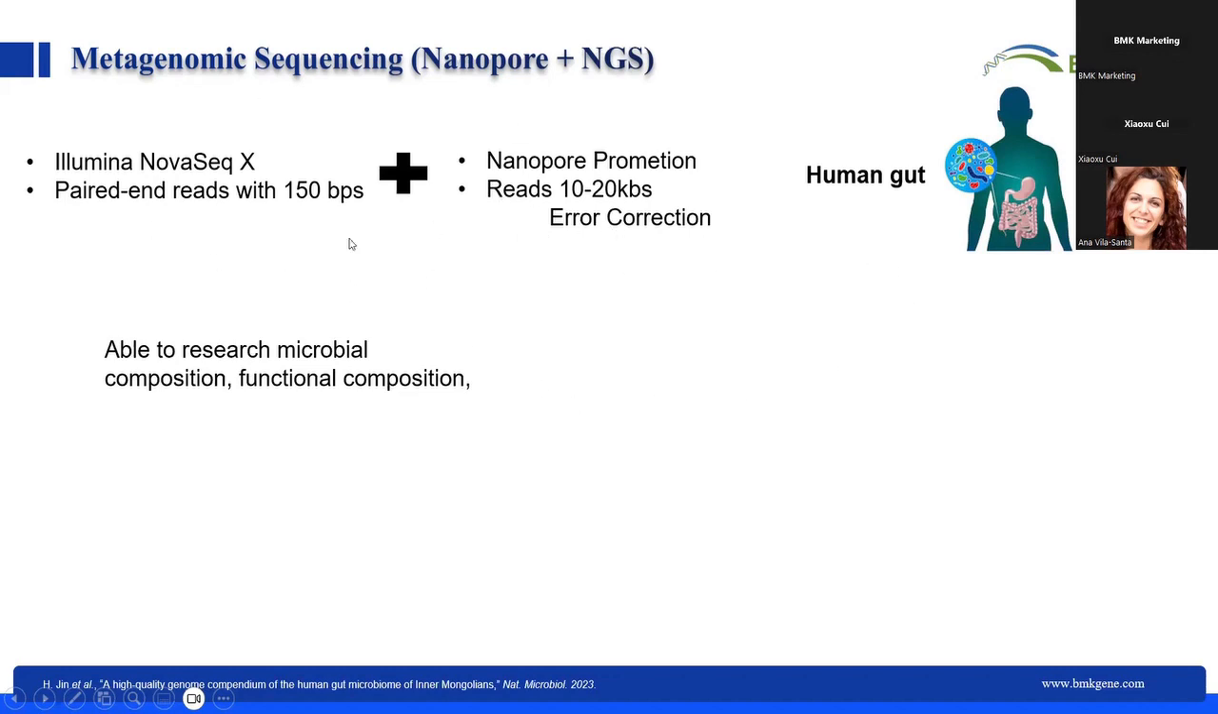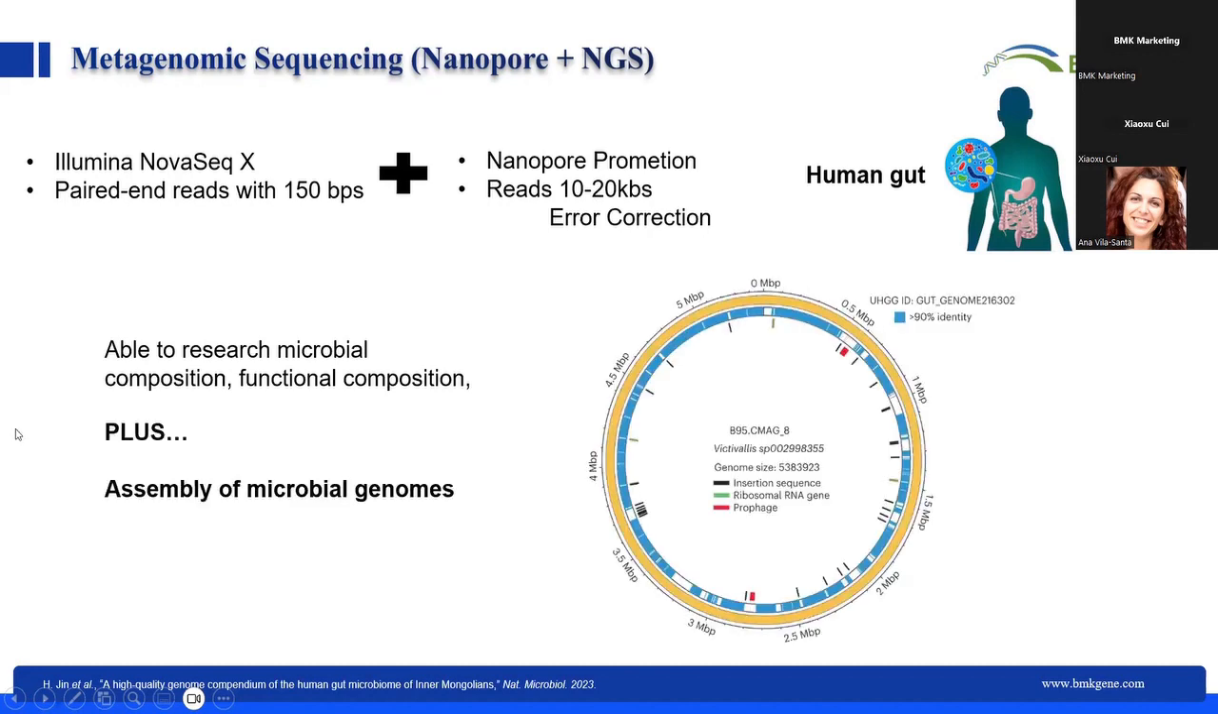So using this combination, we can do the bioinformatic analysis to research microbial composition and functional composition, like shown in the previous case study. But now we have a plus. We are able to assemble complete microbial genomes. And this is an example from this publication where it was possible to assemble this bacterial genome, but there were others in publication. And we can try to have a look at the bioinformatic analysis that is done to understand